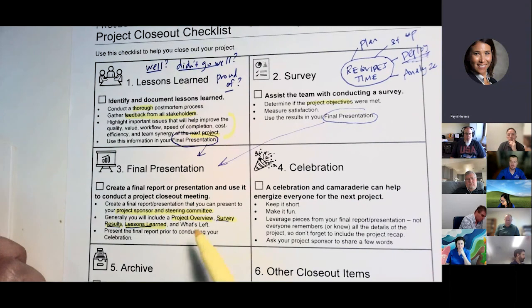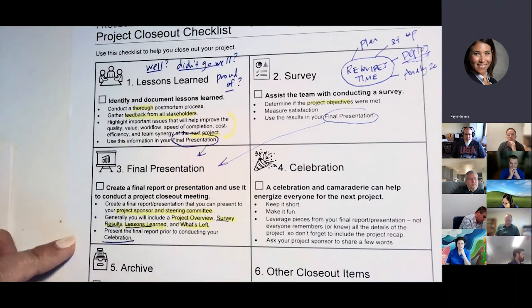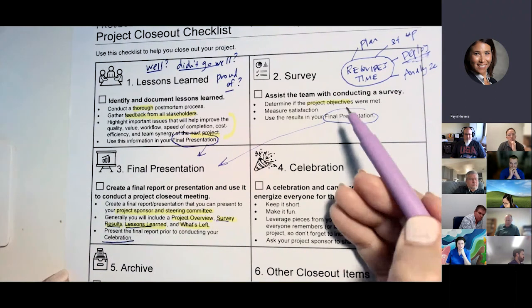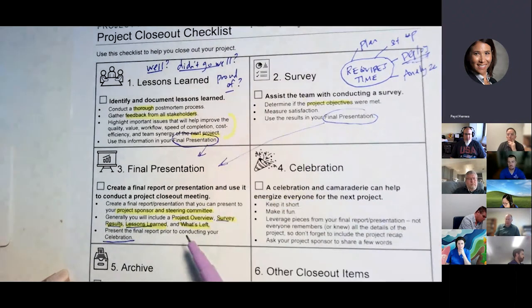And then if there's leftover pieces, which there probably are, you can just highlight what's left so everyone who's hearing this final presentation knows what you might have left to do. Okay. And we highly encourage you to do this part before you do the next step. You don't have to be totally linear, like, your survey can happen before the lessons learned or vice versa, but we encourage you to get 1 and 2 done before number 3.